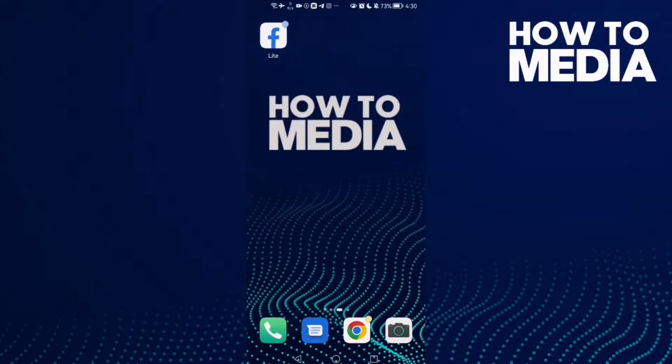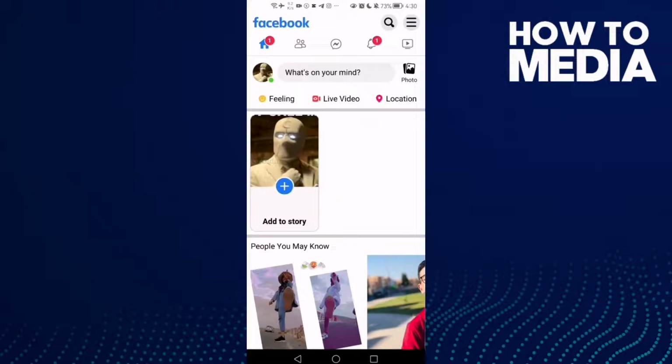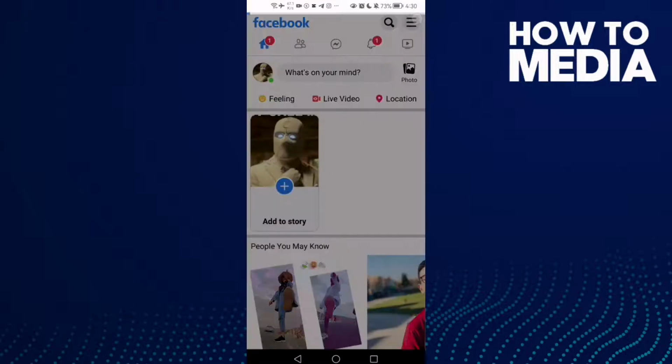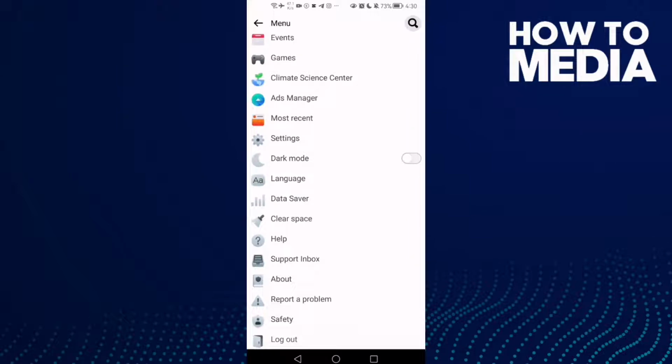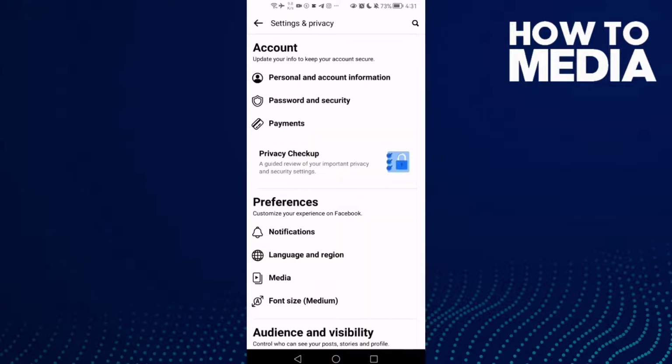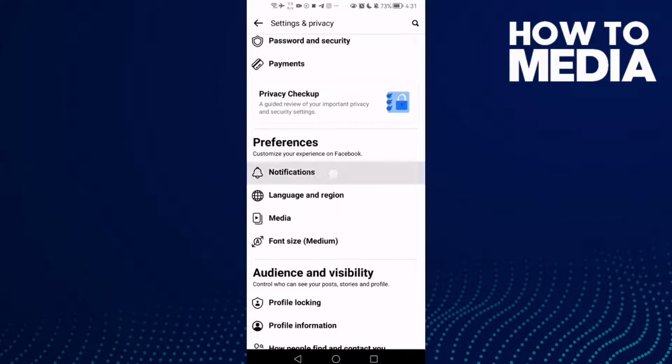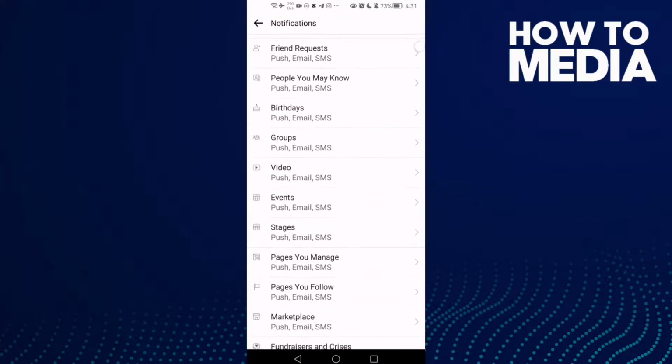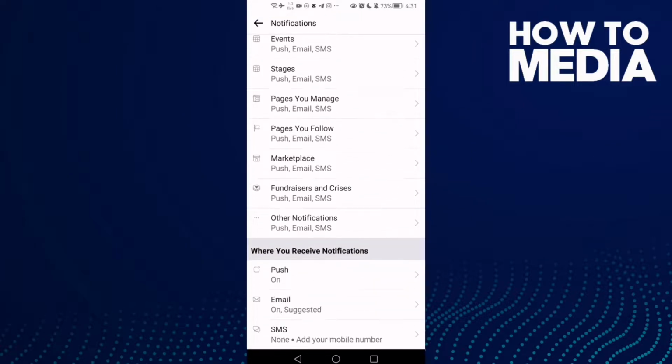First thing, go to Facebook Lite and here just click these three lines in the top corner and go down until you find settings, and then click notifications, and here you will find other notifications. Click on it